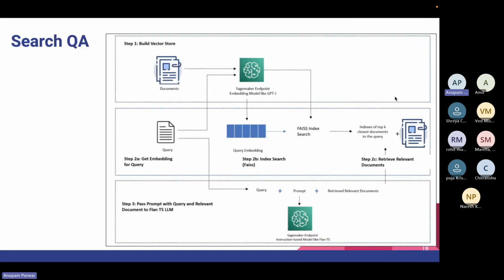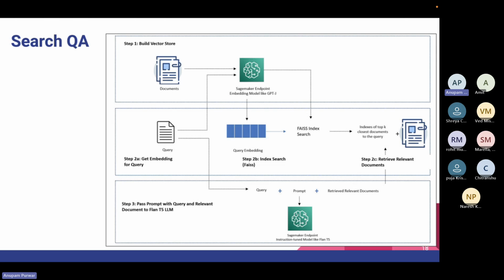In retrieval augmented generation, what we do is we have a vector database which stores all the information related to the document corpus that we are interested in querying. All the text information gets converted into vector format, and those vectors are stored in a